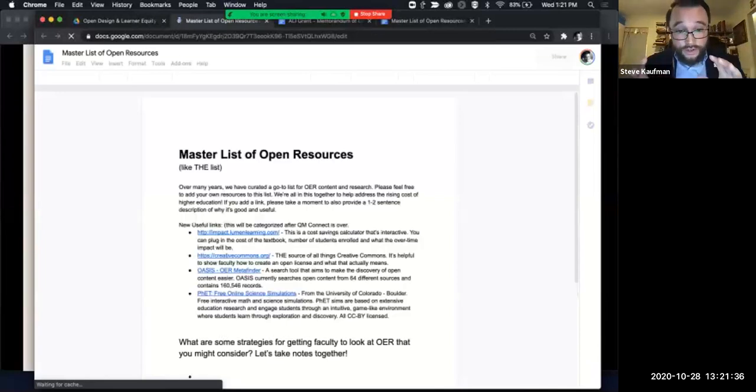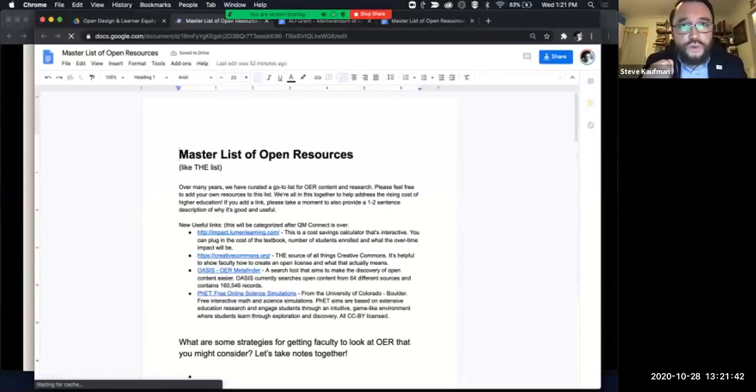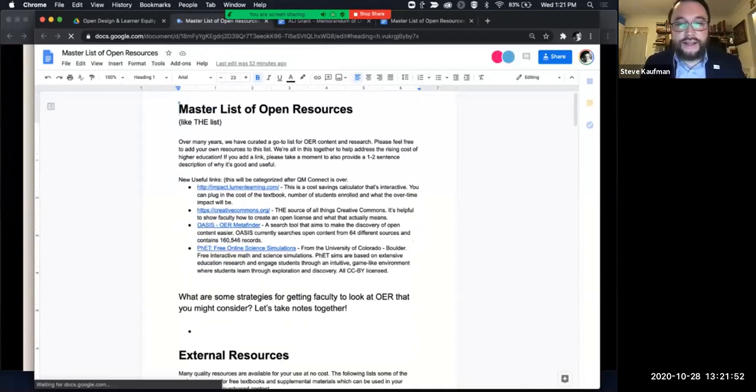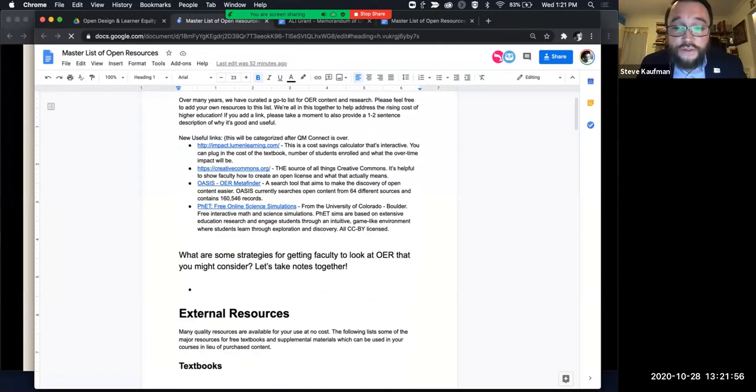These are all the research articles that I've started to cull through and provide to all of you with some descriptions. I'd like to ask all of you, if you know of a really great resource that you want to share here, add it to the list and give me 1 or 2 sentences why we should pay attention to it. Why is it cool? So we've got a ton of stuff that I just added like last night because I remembered that I should add them. What are some additional strategies for getting faculty to look at OER that you might consider or have considered at your particular campus?